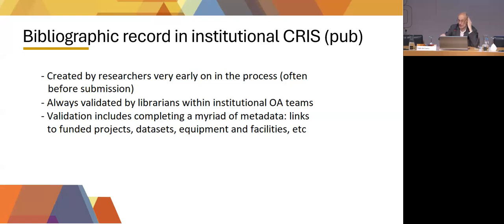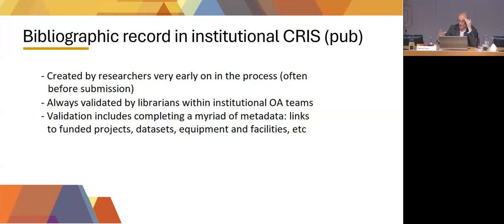So regarding records for publications, which are critical, these are created by researchers very early on in the process, often before submission. You have statuses for publication records in the CRIS that read in preparation. So they know what they are going to submit. They know the title, the working title, at least for the manuscripts. They know who the authors will be, and you can often see that very early, drop them a line to tell them, hey, depending on where you're planning to submit this, these are your options for open access. Or please make sure you deposit the data sets there as well, if there is a data set.